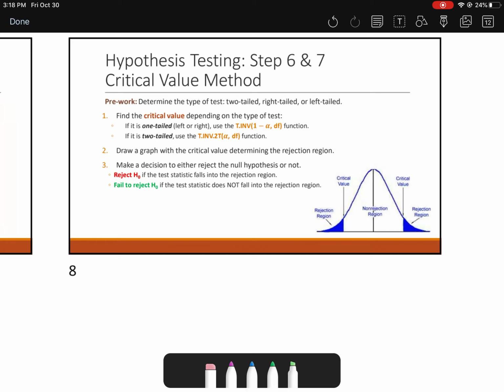Okay. So steps 6 and 7, again, this is if you're using your critical value method. Pre-work: determine if it's two-tailed, right-tailed, or left-tailed. Again, that's all dependent on the claim. If it's less than, we'd use left-tailed. If it's greater than, right-tailed. And if it is does not equal, that's where we use the two-tailed. So find the critical value depending on the type. If one-tailed, left or right, you're going to end up using,